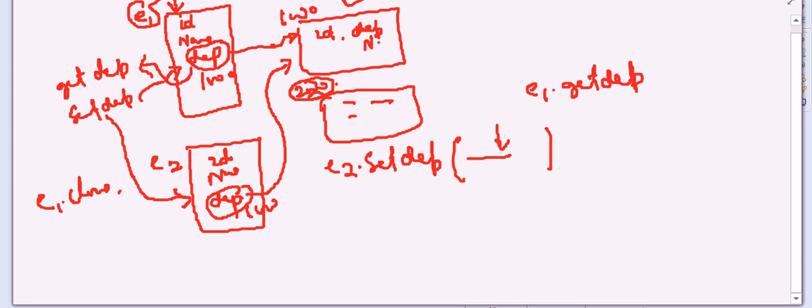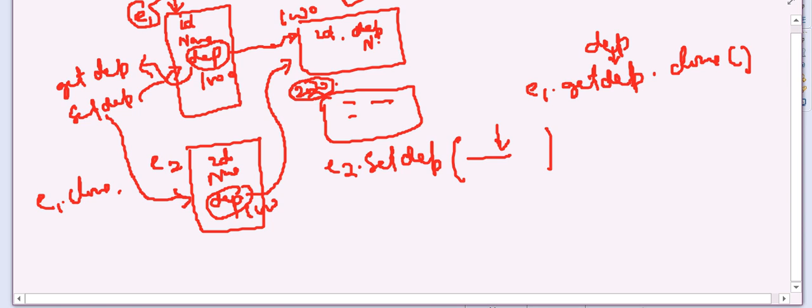So I say for the e1 dot getDepartment, whatever the e1 has, because I'm cloning the e1, so I will say e1 dot getDepartment. So e1, whatever the e1 has, getDepartment will return the address of this object, that is 1000. Okay, that's actually DEP, right? This will return the DEP, what the DEP points to, and I clone that. And when I clone that, it will create me this thing, because I'm saying dep.clone. Now clone this, like I said, e1.clone, which clones and makes e2. Similarly, I said